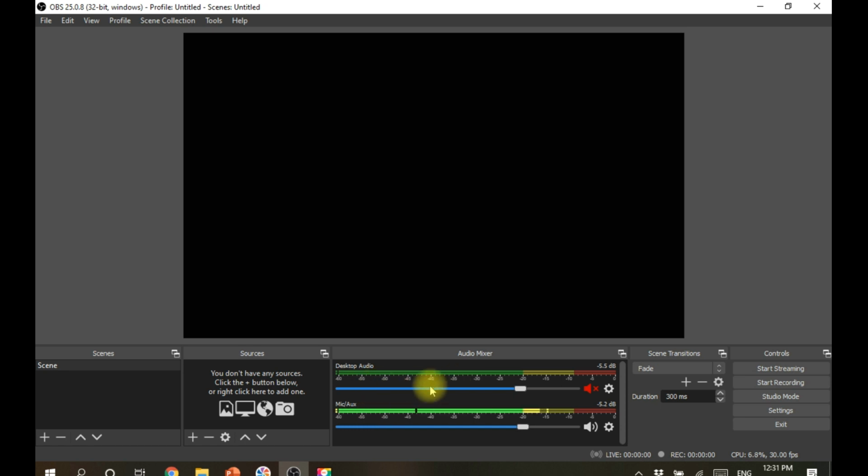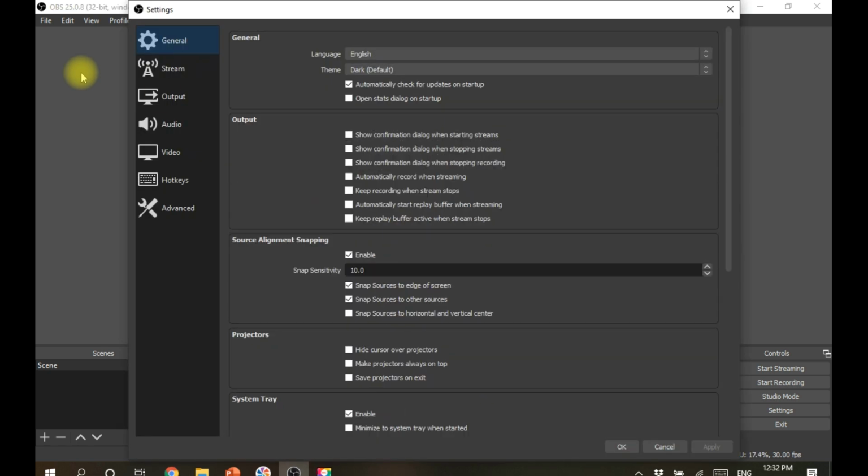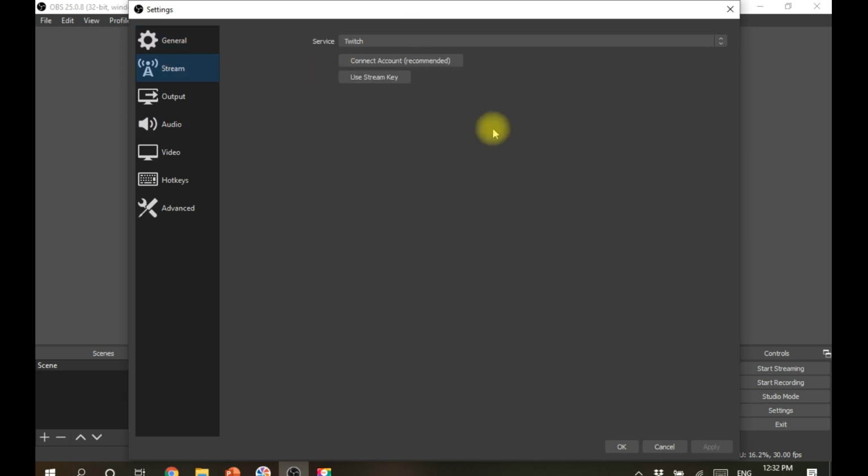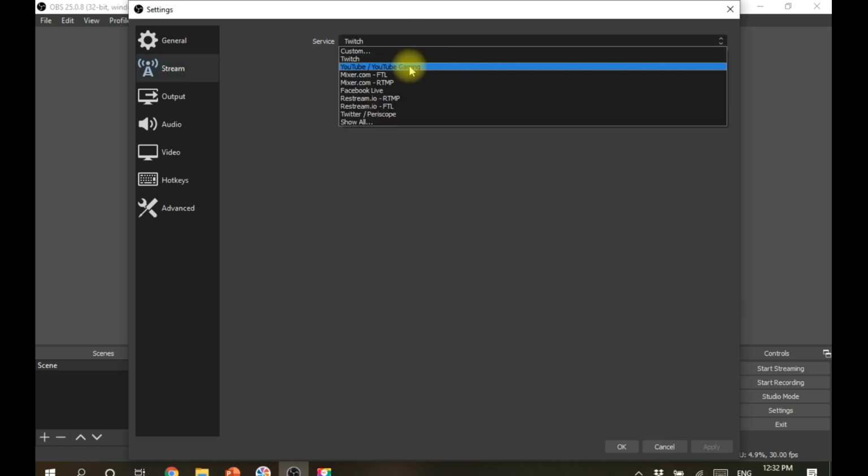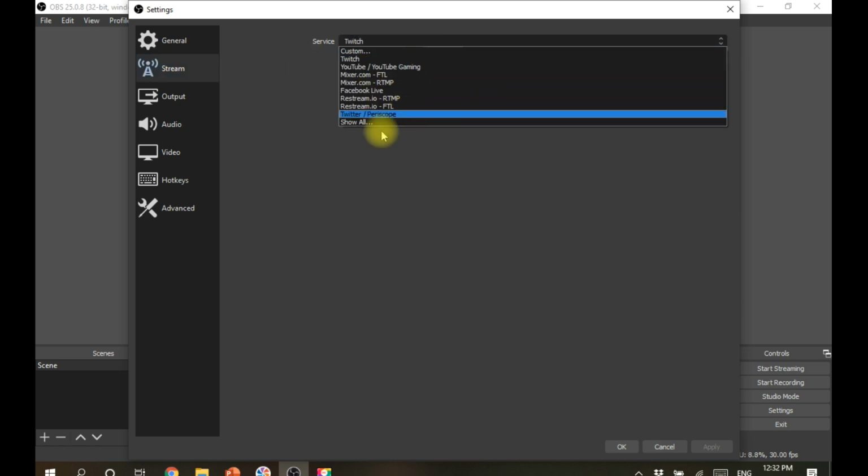Then after this you move on to the File menu, and then you can open Settings. Here we can observe a lot of settings. General, keep everything in the default manner. Stream, direct streaming is possible using a YouTube account, and that will be explained in another video.